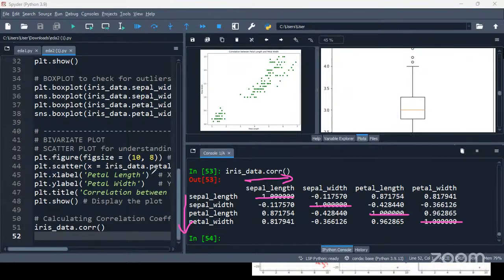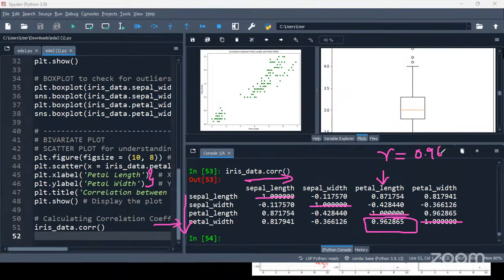So we are checking the relation between petal length and petal width. That means this value is what I have to take. Now can you finalize? The r value is 0.96. So what is the strength?